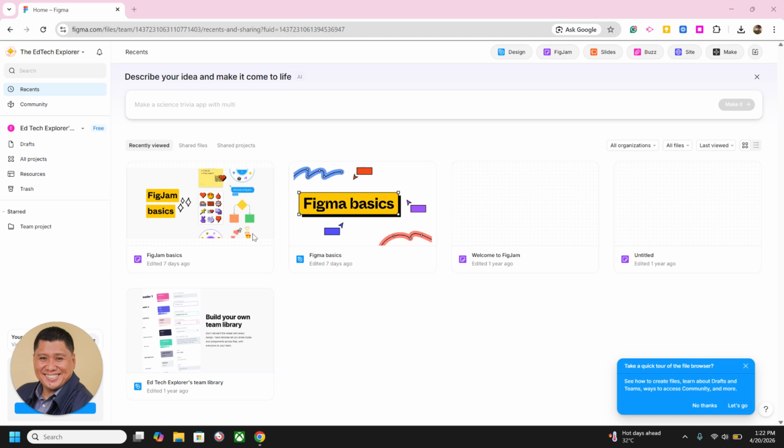And for today's raw video, we're going to talk about another AI tool that I usually use for my productivity. For today, I'll be sharing with you about Figma AI. Figma AI is one of the AI tools that you can utilize to create websites, mobile apps, or, technically, a prototype for your mobile application or your website.